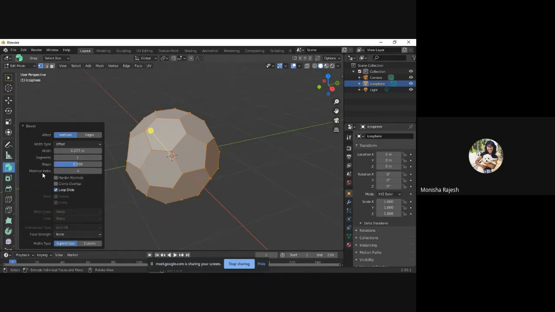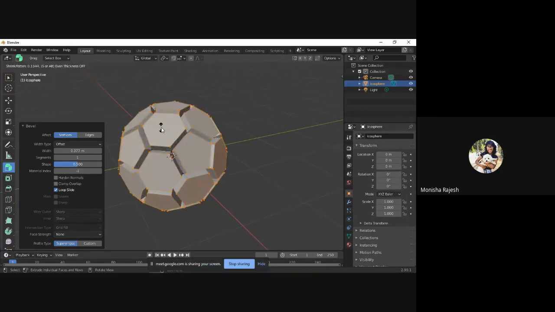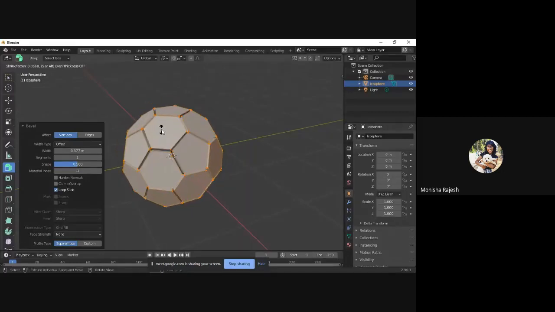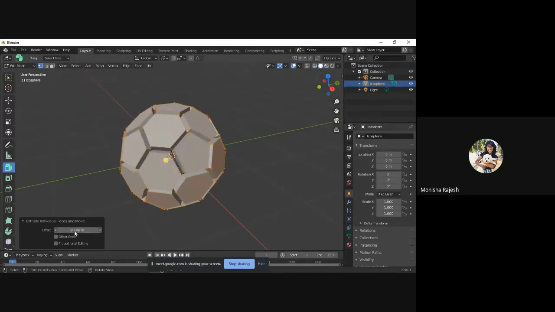Once you have that, you'll again have to hold the handle and push it in such a way that the faces start coming out like that. Don't go too far, just a little outside, and make sure you click there. And again, if you want to adjust it, you can do that here.